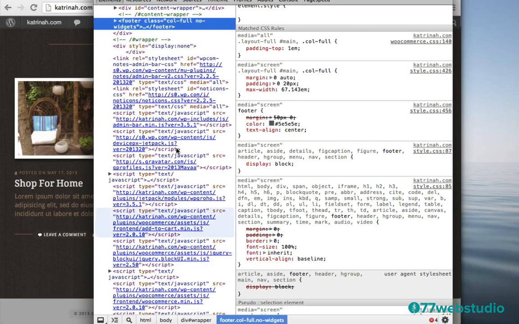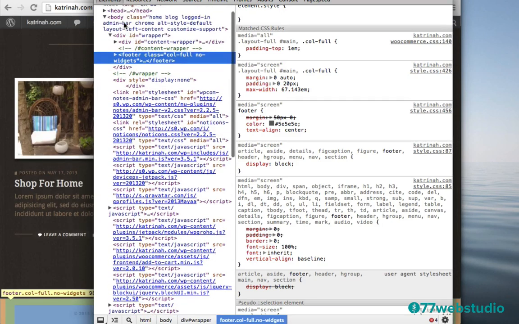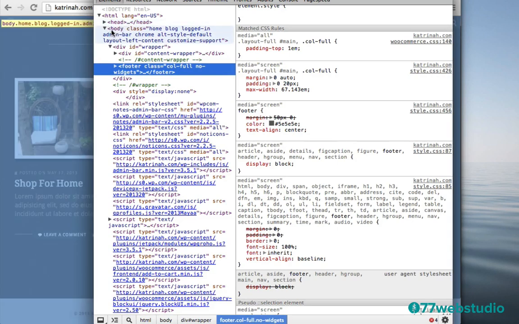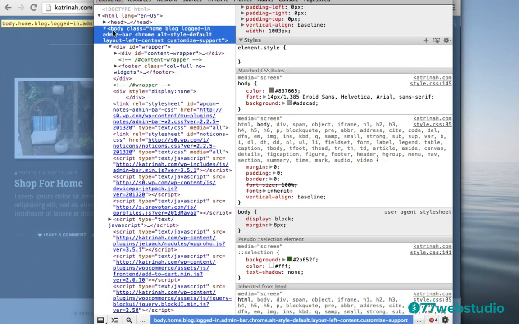And here we see that it looks like it is the footer right here. So let's take a look at this. It's the footer, but we notice that the footer has a little bit of a section showing up here. So actually I might want to apply this to the entire body section. So I'm going to click on body, and here we see here it is.